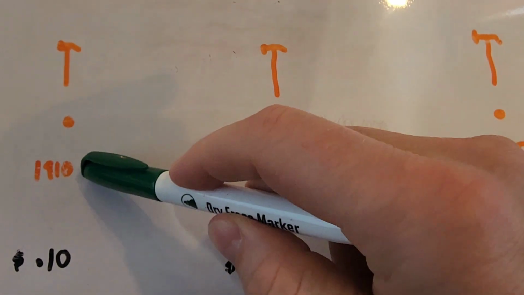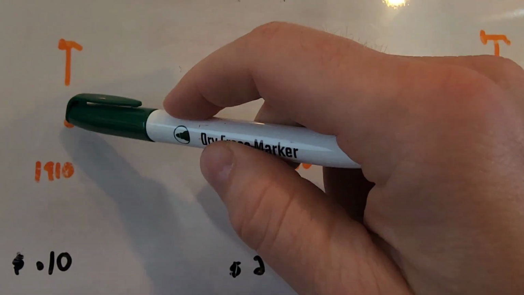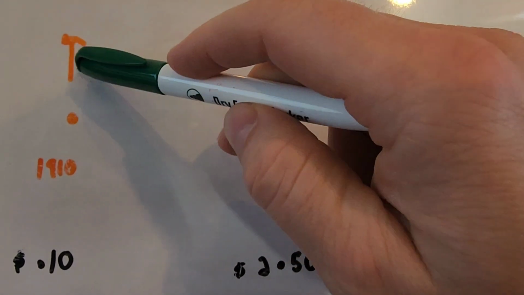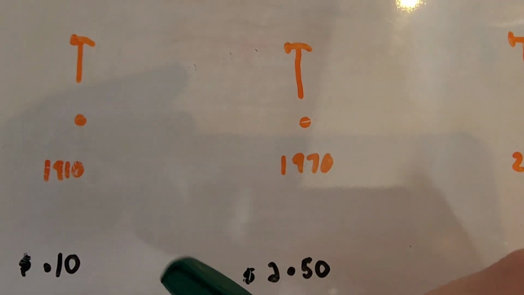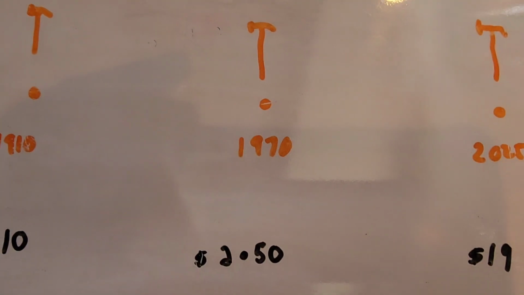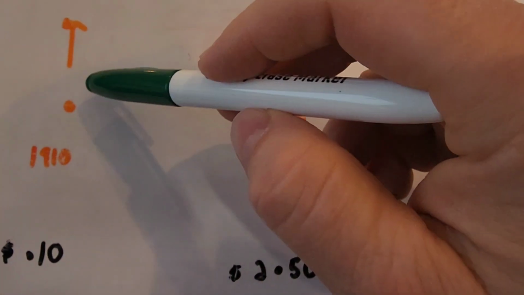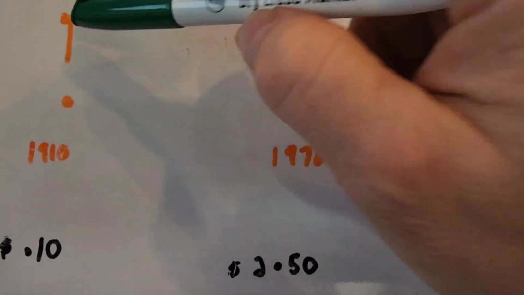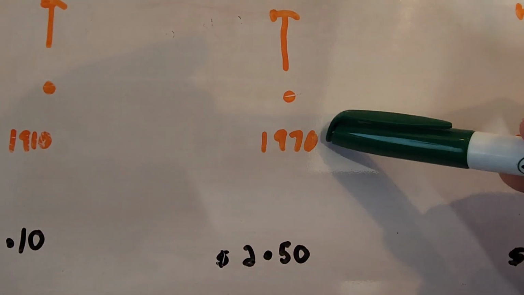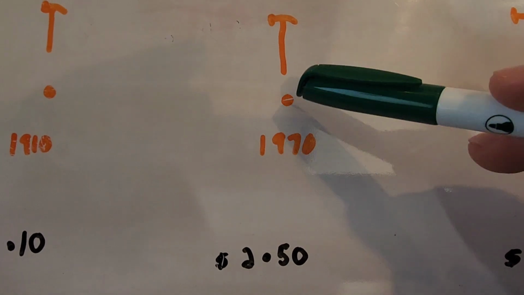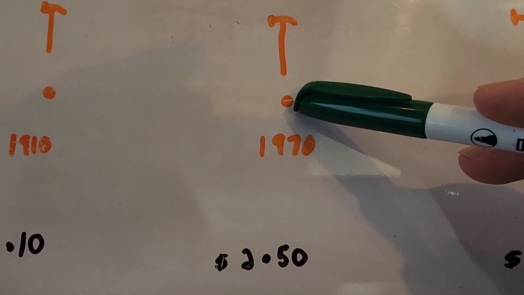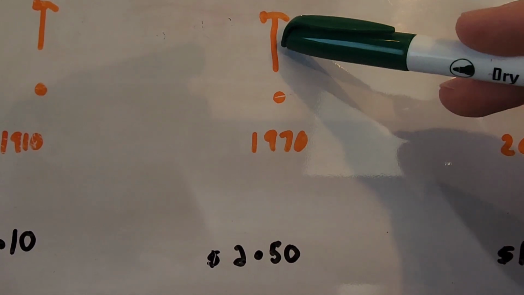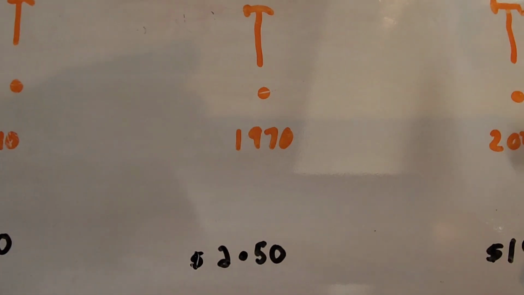So if we take the year 1910 and we take this little dot, which is a fleck of gold, and we exchange that fleck to buy a brand new hammer. The hammer at the store is priced at 10 cents. So this little fleck of gold was equal to that 10 cents at that time, buys the hammer. We fast forward to 1970. We use the same exact size fleck of gold, which now the hammer is priced at $2.50, but the same size fleck of gold buys the same hammer.